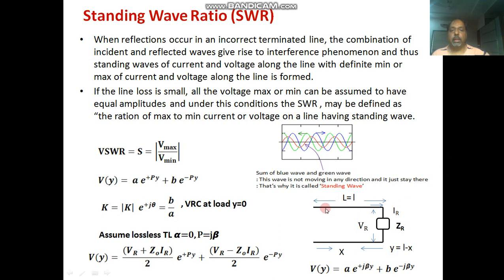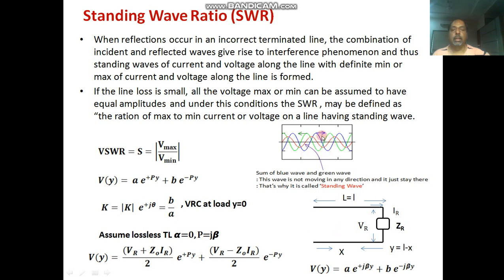So we consider a transmission line that is terminated in ZR. If this ZR is not equal to Z0, then, as I told you in my previous lecture, whenever ZR is not equal to Z0, reflections will be set up. So one stationary wave is formed. From source end to receiver end you get an incident wave, and from load end to source end you have one reflected wave. The incident wave and reflected wave are superimposed, and one stationary wave, a standing wave, is formed like this.